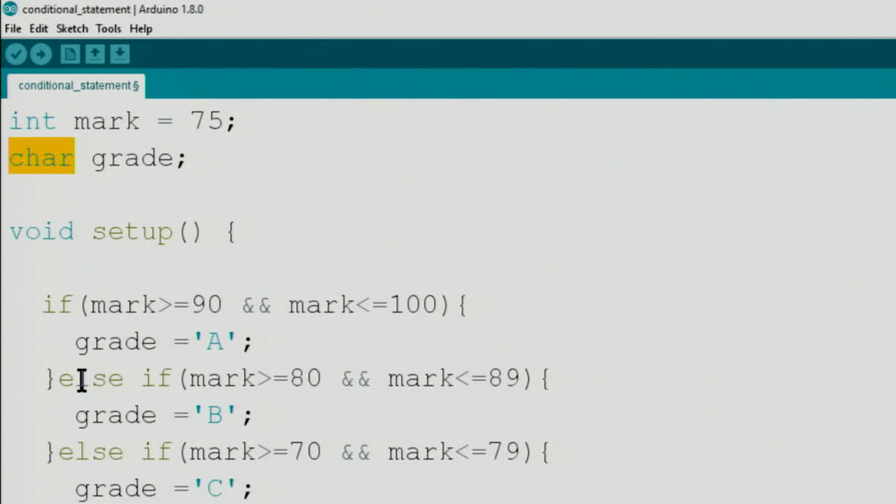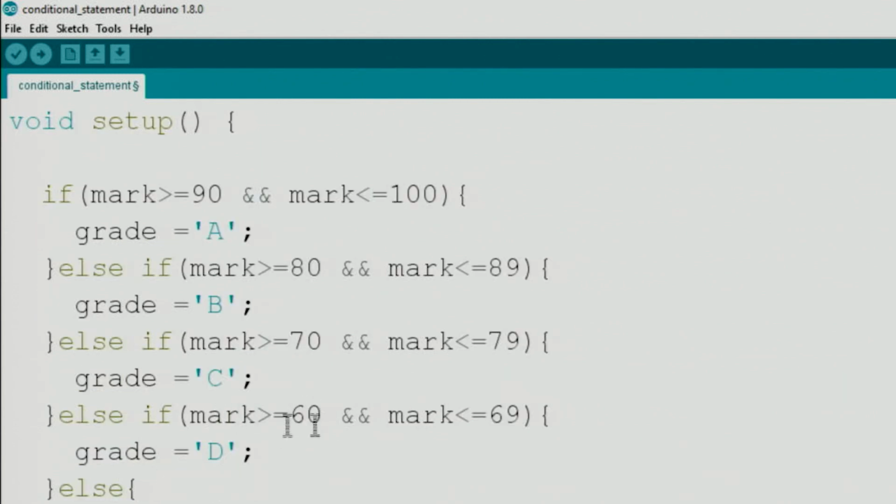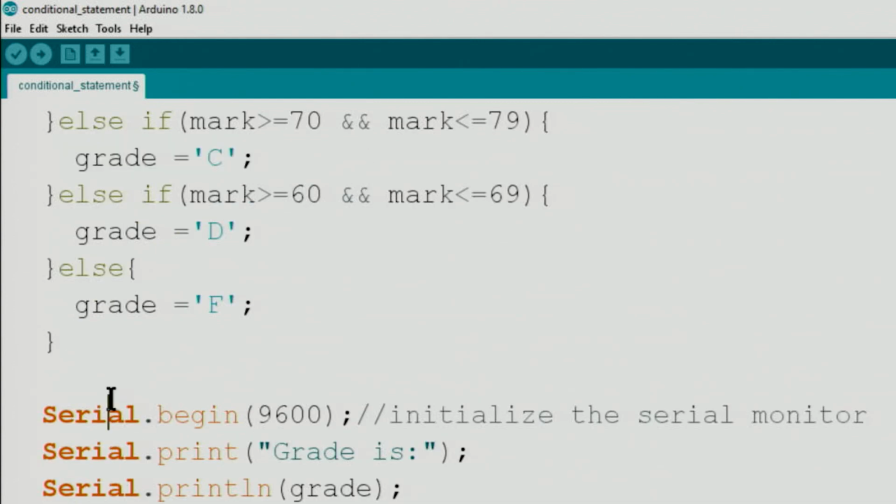And then we say else, and then a space, if mark is greater than 80 and 89. So this means between 80 and 89. Still 75 doesn't fit here, so it will not be true. And the code comes to this line. It checks if it is between 70 and 79, which is true. Then C will be assigned to grade. This will not happen because our number doesn't fit. When C is assigned to grade, this will not be executed. None of this. The code will exit from here to here,